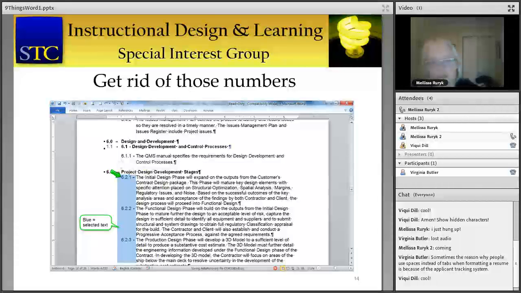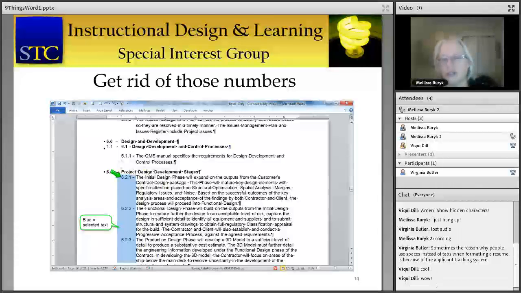Or you can use the coolest thing I've ever learned about Word, which is that you can select text vertically. See the blue highlight here? Now normally when you select something on a Word page, you click, you hold your cursor down and you drag your cursor, and it's always a horizontal selection. It goes across the page and down. But with Word, if you hold the Alt key down while you're doing that, you can actually select a vertical selection of text. So with this, I could click delete, and it would take out all of those numbers and